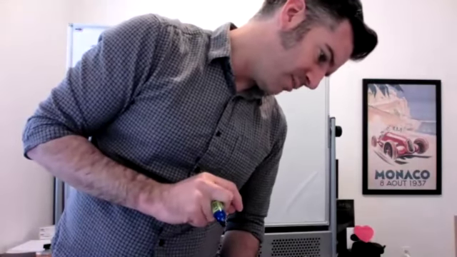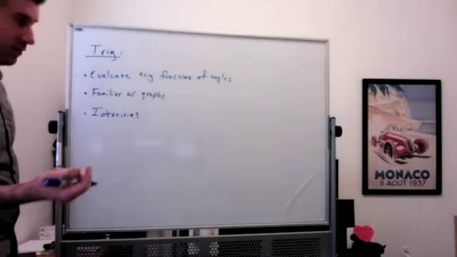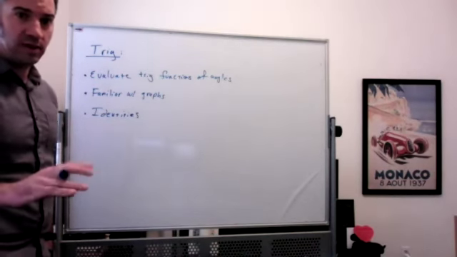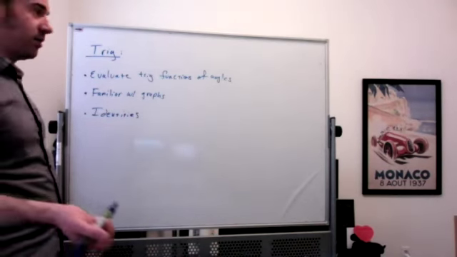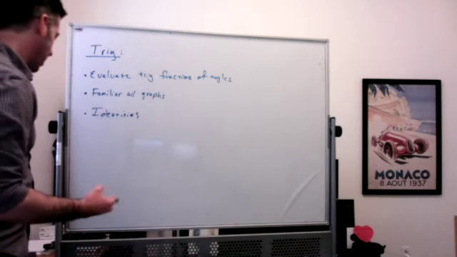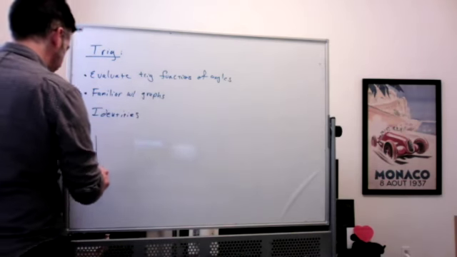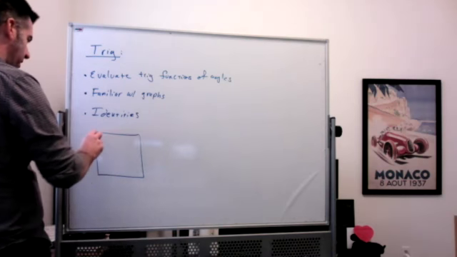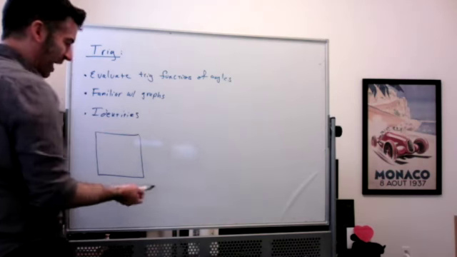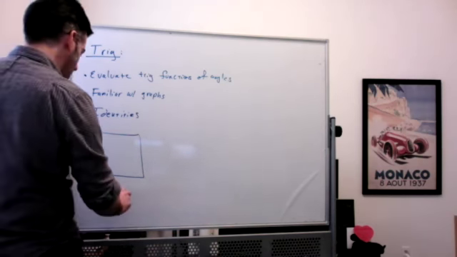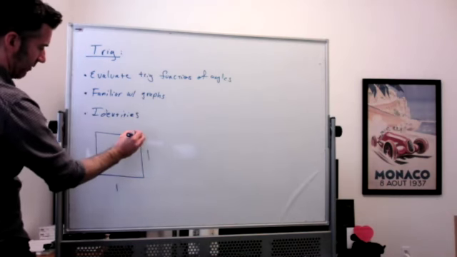Okay. So let's talk about evaluating trig functions first. There's kind of two special triangles that we keep in mind when we're evaluating trig functions, and they are the following. They are the triangle that comes from half of a square. You take a square that has side lengths, I usually like to pick side lengths 1 and 1. If you cut it in half diagonally,